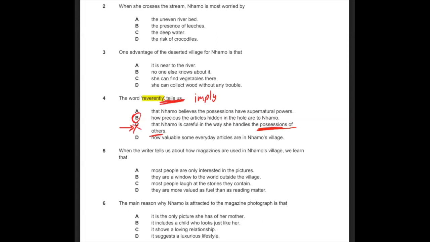And the other thing is the fact that she's holding it so carefully is because the things are so precious to her. Remember that she ripped out one of these pages of the magazine without her aunt knowing and without her aunt seeing, and to this day no one knows who did it and someone else got blamed for it. So that's because these articles are very precious to her. That's the reason that B is the better answer.